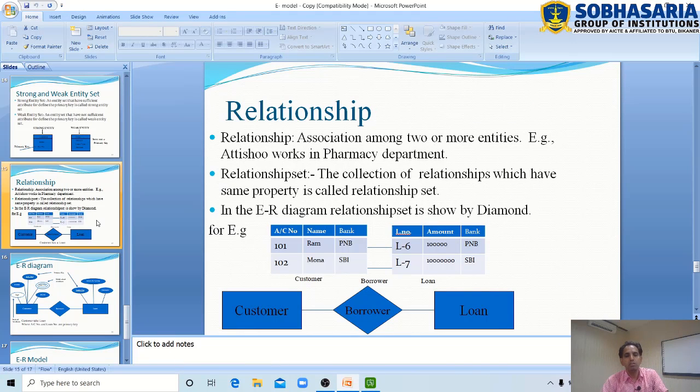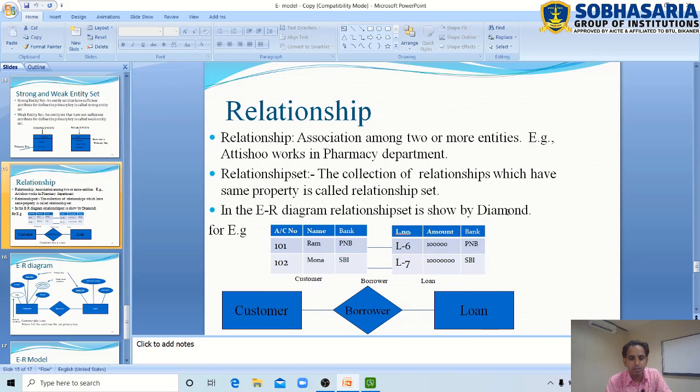Now, the last topic is the relationship. A relationship is basically an association among two or more entities. For example, a person works in the pharmacy department. The collection of relationships which have the same property is called a relationship set. In the ER diagram, the relationship set is shown by a diamond.